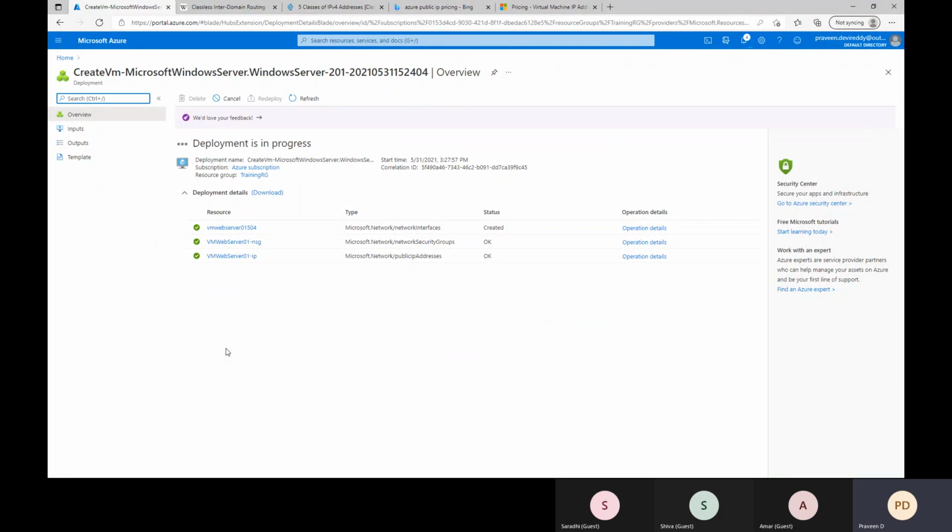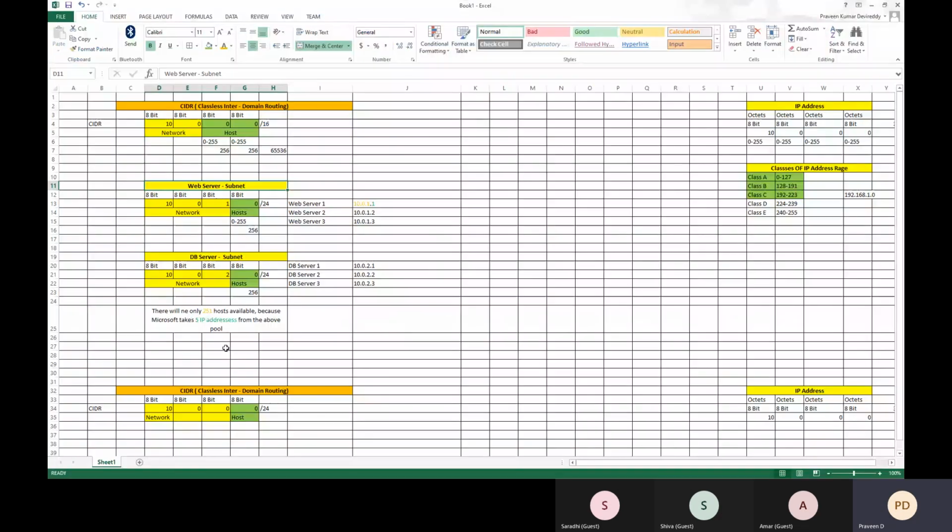So any questions in understanding virtual network, subnet or CIDR notation? What is the format of CIDR notation? I think after this session, please go through this video once again, because after some time we'll forget this CIDR notation. So for your reference, I will save this Excel file and upload it in the drive. I think by seeing this picture, you may get some idea.